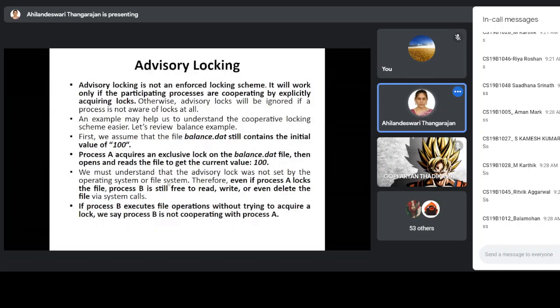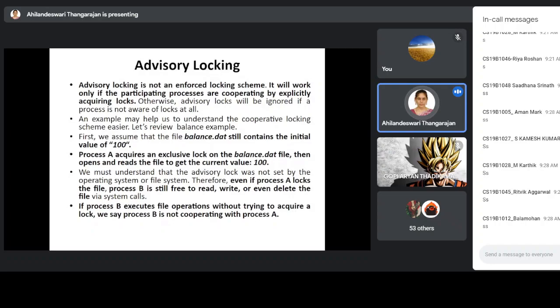Okay. So suppose process B acquires the advisory lock, it means that both process A and process B are cooperating processes. Okay. So here process A acquires an advisory lock for the file balance.data that holds the data 100.